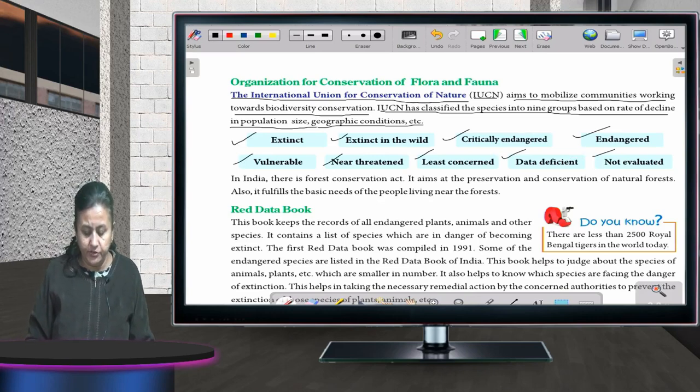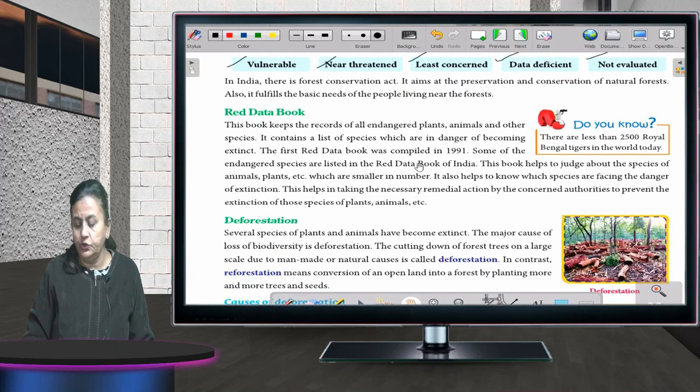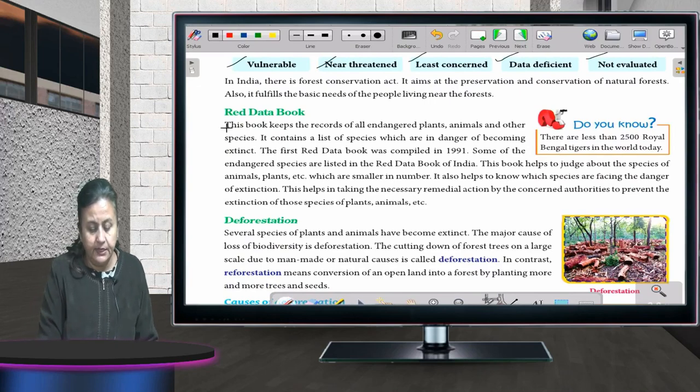Red Data Book, children, you should know about this. This book keeps